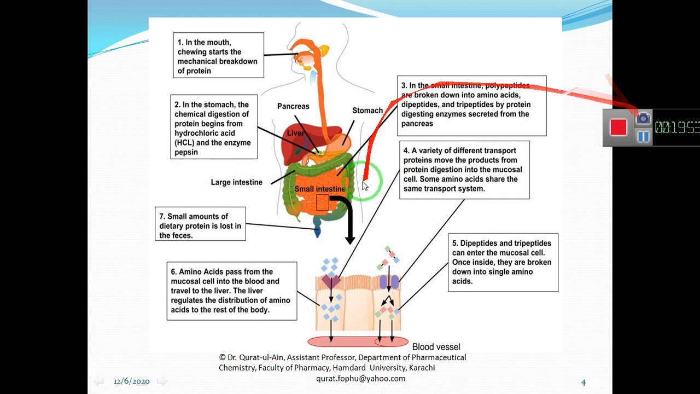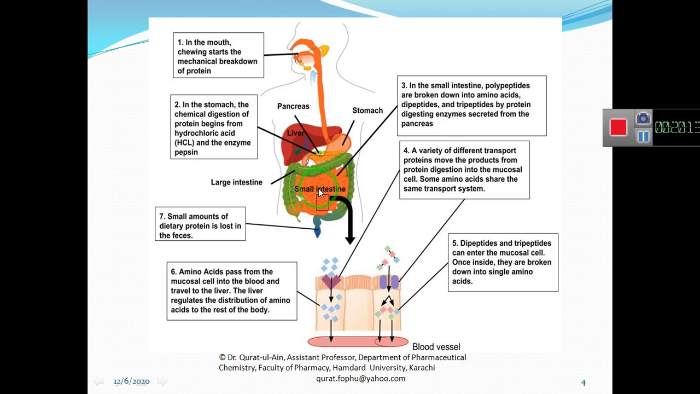And what this hydrochloric acid will do is help this enzyme perform its catalysis, because some enzymes work at acidic pH. So what happened then? These dipeptides and tripeptides then reach the